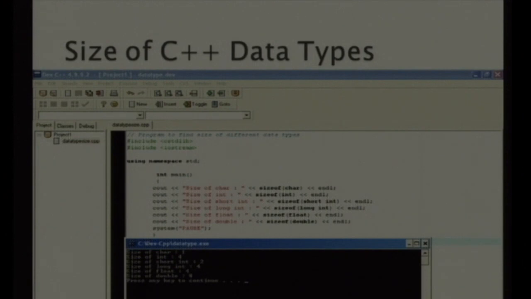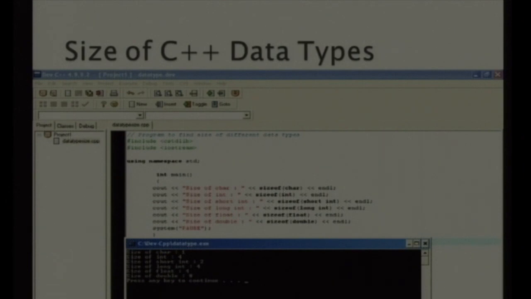So, this is a program you can see on screen. You read it, very simple program, no complexity, simple use of the sizeof operator, which finds the size of character, and then size of integer, short integer, long integer, float, and double.